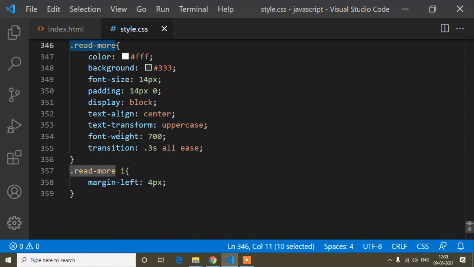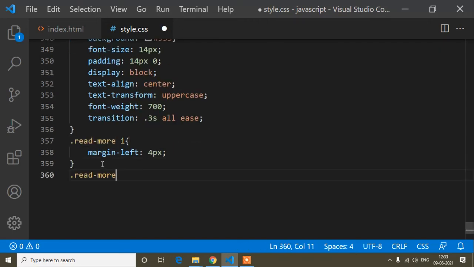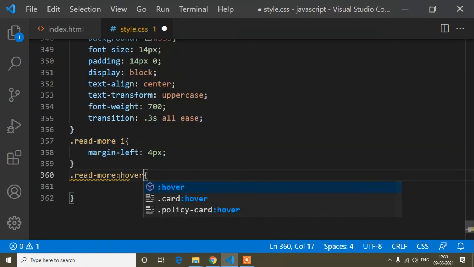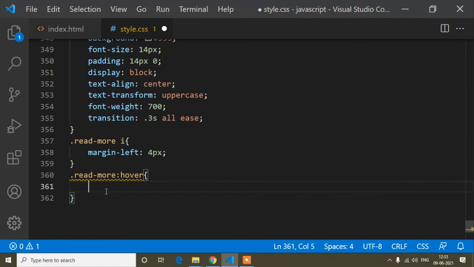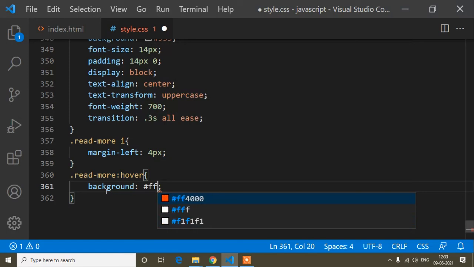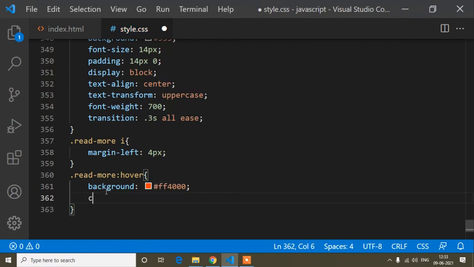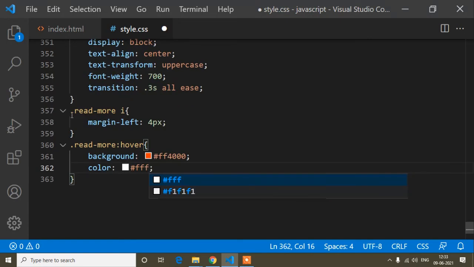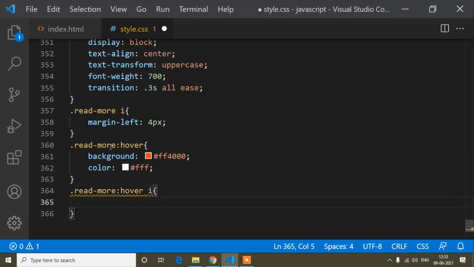And now I will add the hover effect on this button. So I will write hover. When I hover on this button, first of all I will change the background color of this button. So I will add the background color, this color code, and the color also this one. And when I hover on this button, I will add some effect on this I tag.